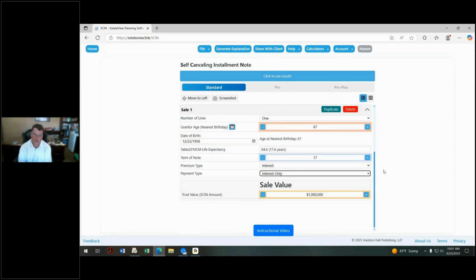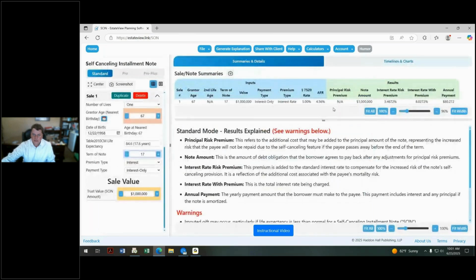If I amortize the payment and the client dies halfway through the note, then half of the principal essentially would come back in. And that's not as good of a benefit to the client as it would be with an interest-only payment. And for the sale, what we'll do is we'll say that this is going to be $1 million. All right. So if we click to see the results,